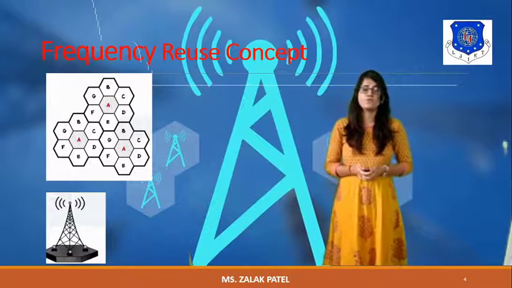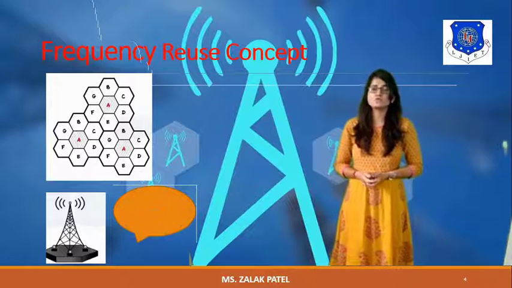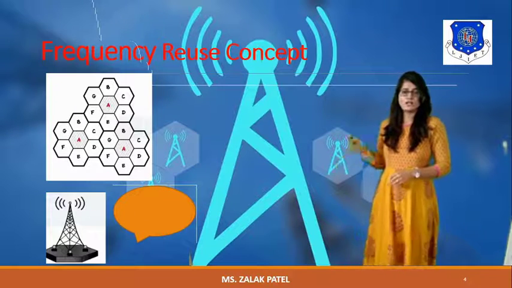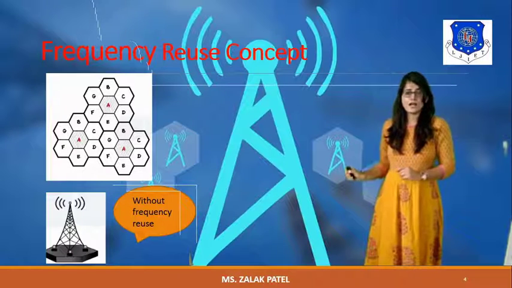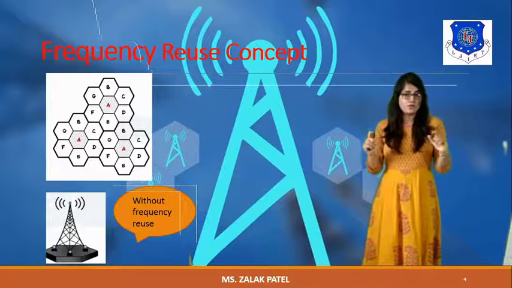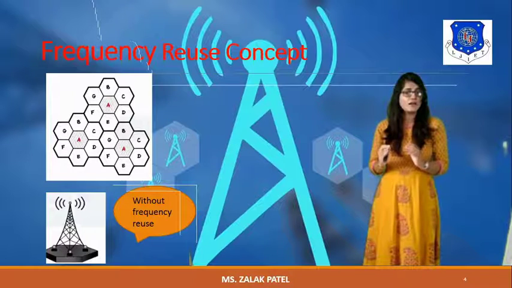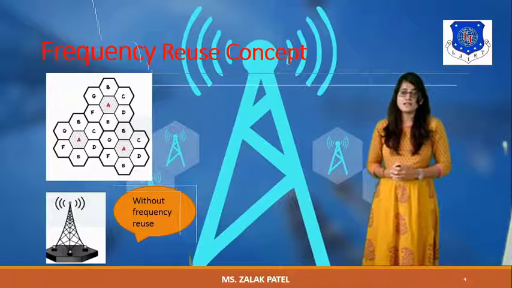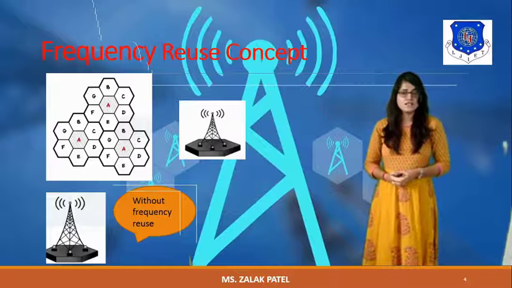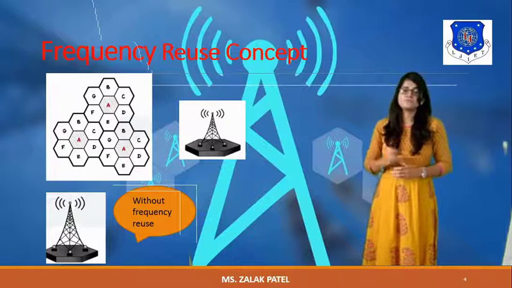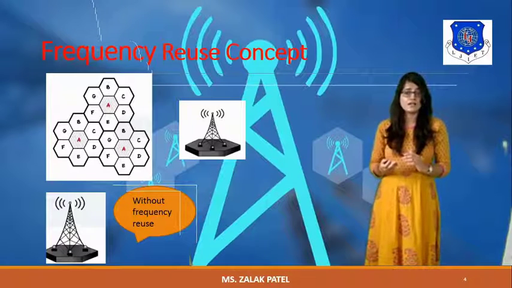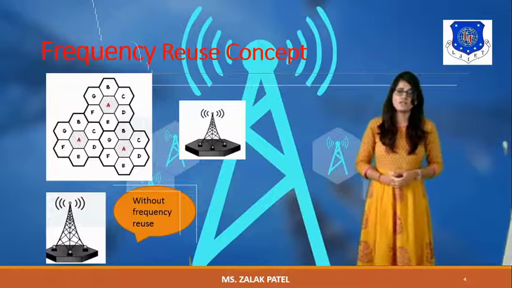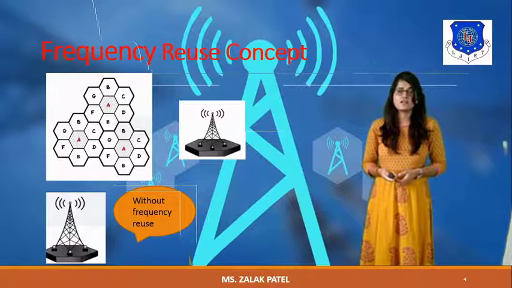Now if we consider the case without frequency reuse, in this figure you can see that one base station antenna is connected to one cellular cell. Here the height of the antenna should be more than the desirable height. And if we choose the frequency reuse concept, then the height of the antenna should be as minimum as possible, meaning the height of the antenna is reduced by using the frequency reuse concept. So this is basically frequency reuse.